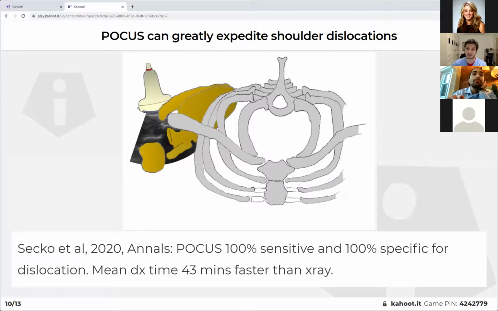But if it's something like they're swimming and it popped out, something relatively atraumatic, in my opinion, there's no necessary need to involve ionizing radiation at all. I think most of us would be more comfortable with some X-ray at some point in the process, and that's certainly reasonable. But just to go over what you're seeing on the screen, these exams are performed with a probe